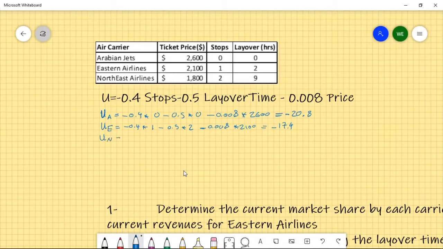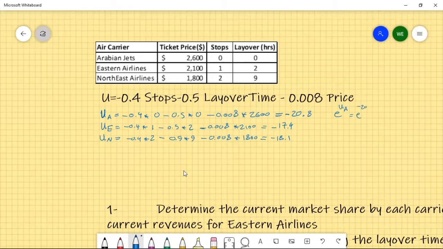And the third one equals minus 0.4 multiplied by 2 stops, minus 0.5 multiplied by 9, minus 0.008 multiplied by 1800. How much? Minus 18.1. Let's calculate now the negative exponent. e to the power UA equals e to the power minus 20.8 equals